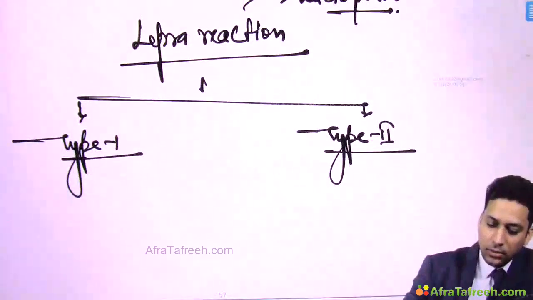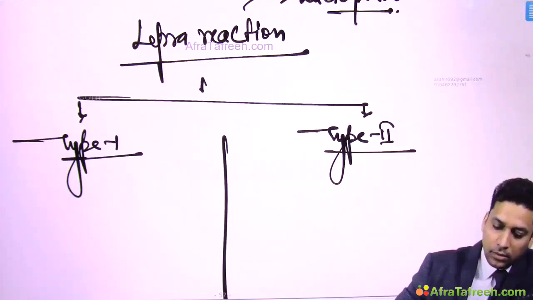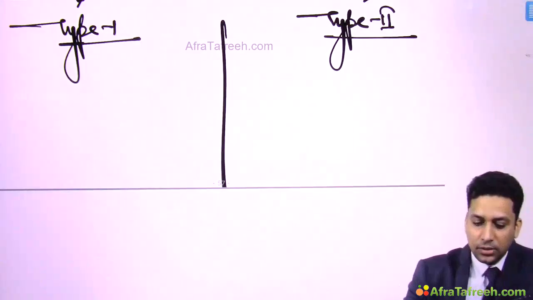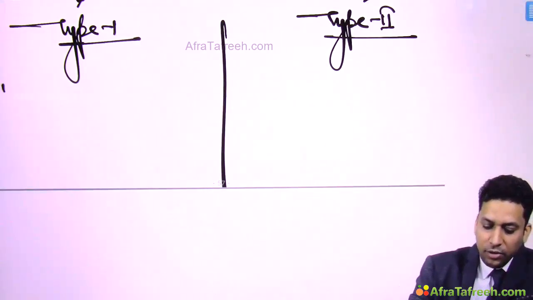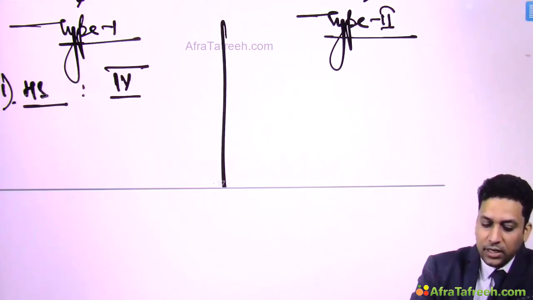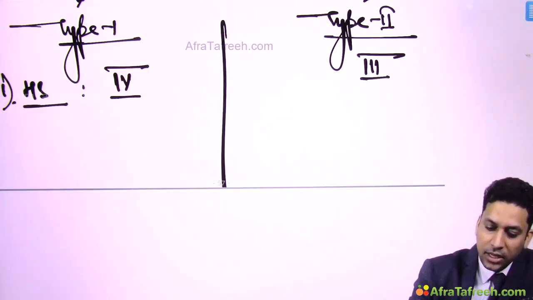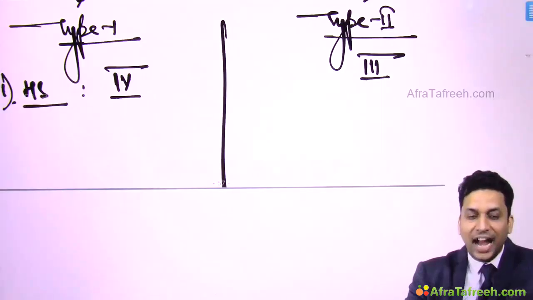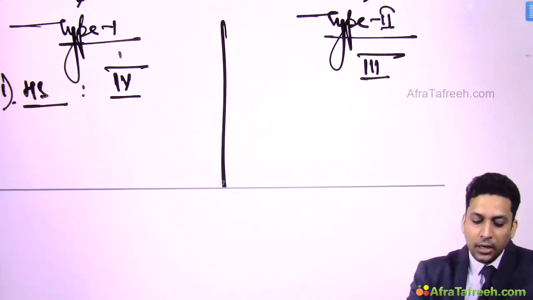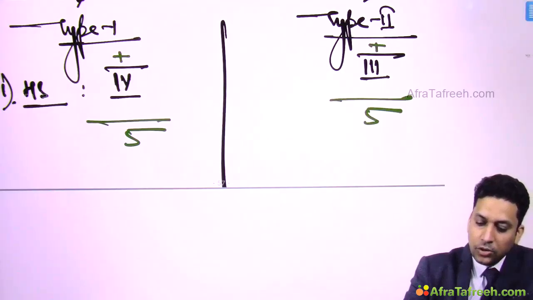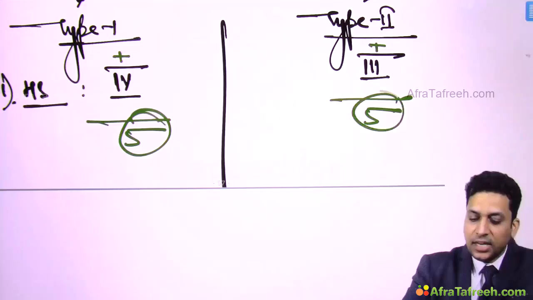Before, let us write down differences between these two, that is type 1 and type 2 lepra reaction. These are few differentiating features like hypersensitivity. So this is type 4 hypersensitivity reaction, this is type 3 hypersensitivity reaction. If you forget this in examination hall, you can do a very simple thing. You can add and check. Whatever is coming to your mind, you can add and check. So if your sum is equal on both the sides, then only you are correct.